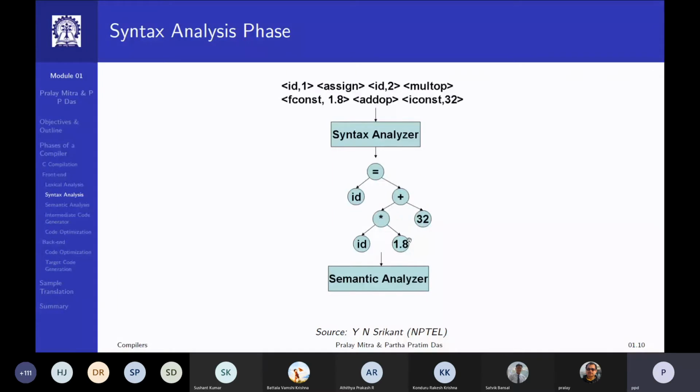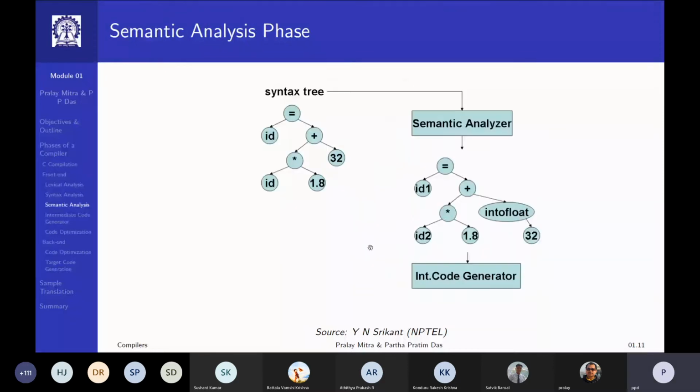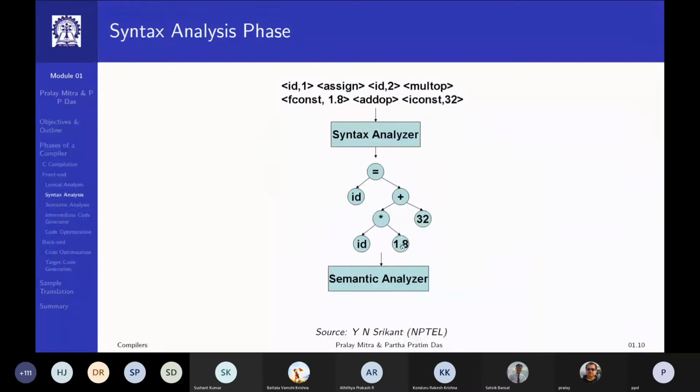So given the priority and precedence of operators, what do I have? ID2 has to be multiplied by 1.8. This has to happen first. So I create a node with this multiplication operator and 2 operands: this is the left operand, this is the right operand. It means that the value of this node is the multiplication of ID2 and 1.8.